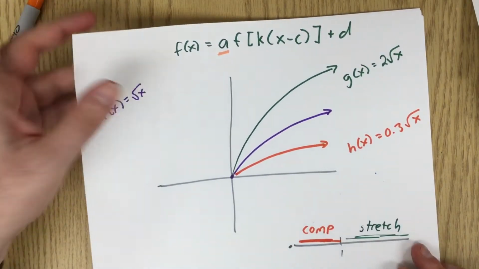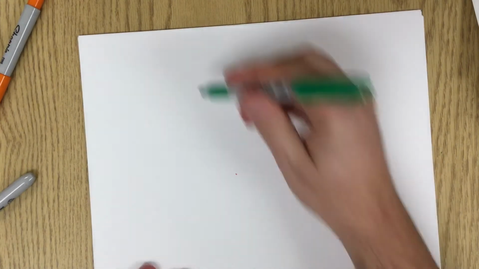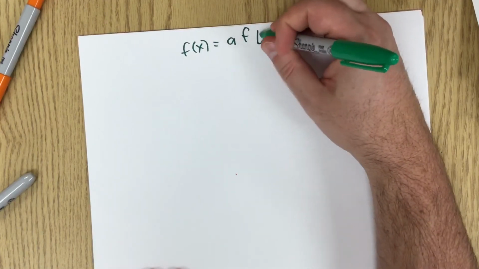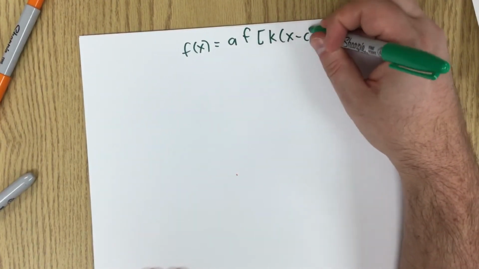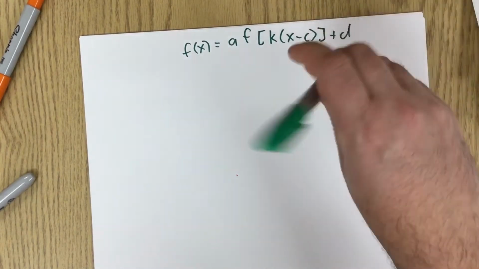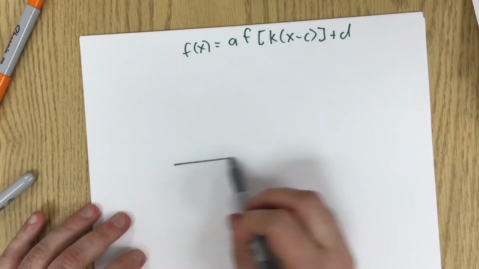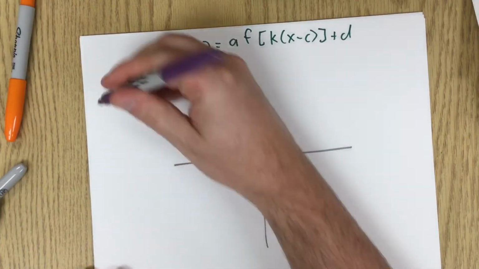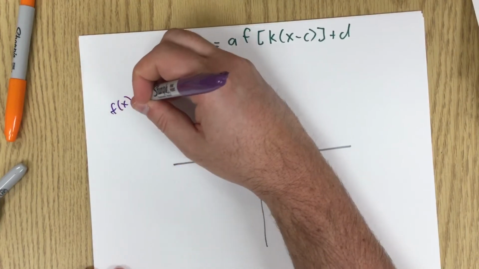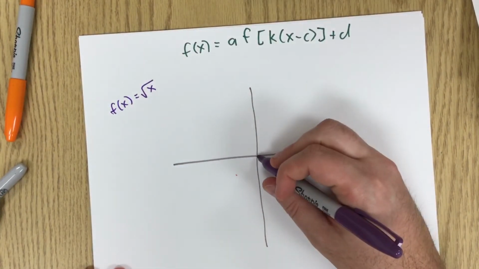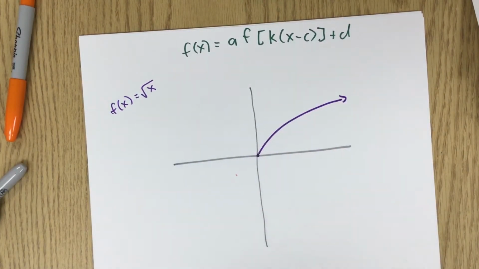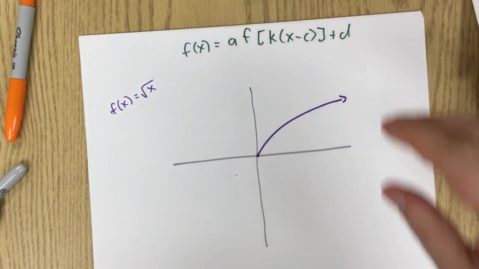A also does double duty though. So we're still talking about f of kx minus c plus d. So we know that our original function is f of x equals root x, and that's this over here. Now what we could have is we could have